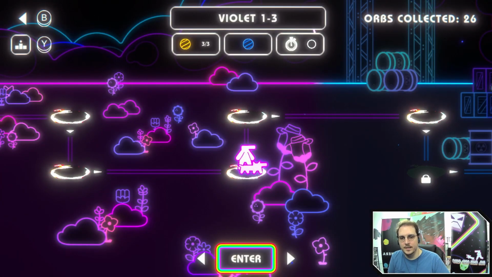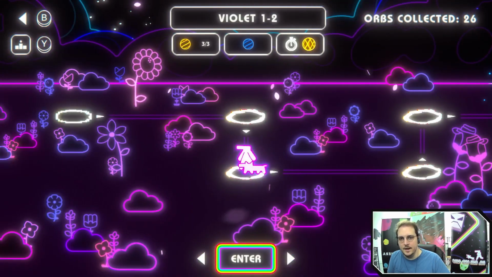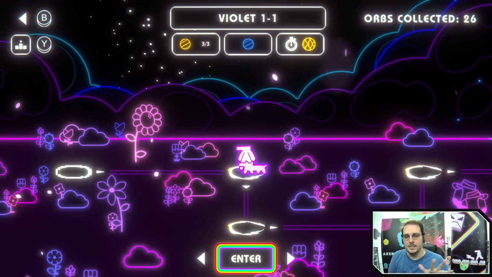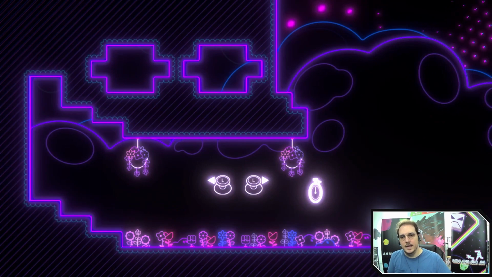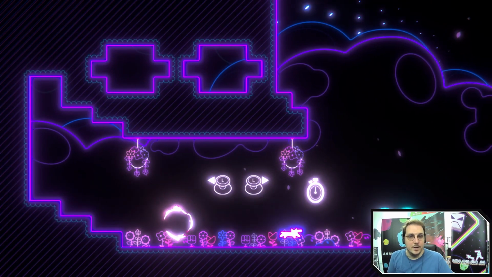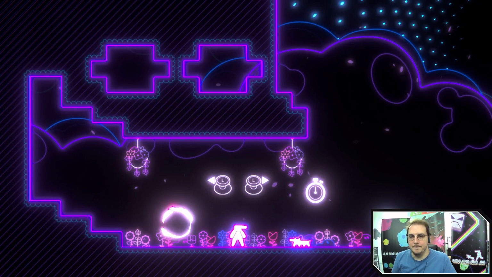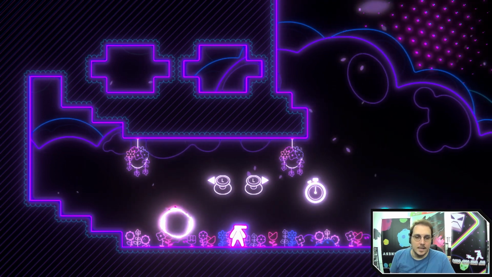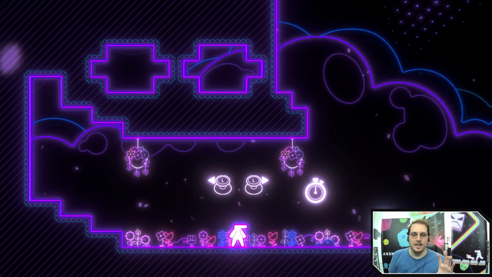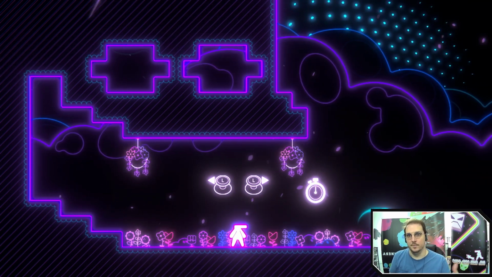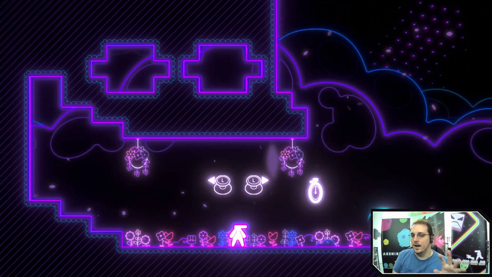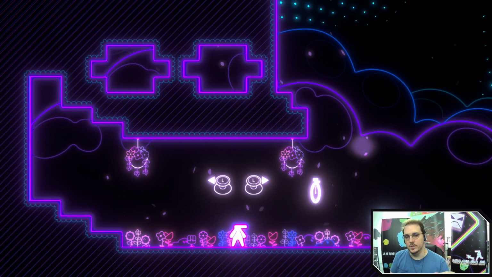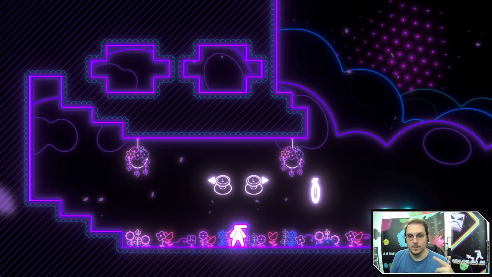There we go. So you can see at the end of each level it says time trial unlocked, and we've seen these clocks at the beginning of these levels. If you collect the clock, it starts the time trial. And that's another source of orbs that I was talking about. So if you finish a time trial under a certain time, you get a time orb, and that contributes to your overall orb count and helps you unlock more things.